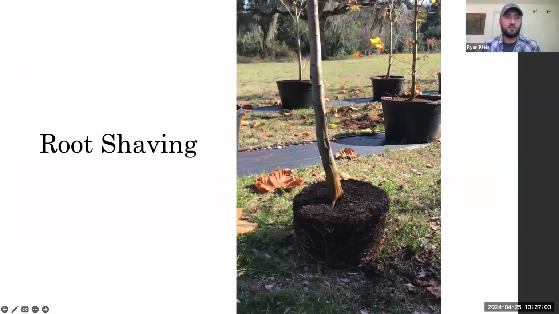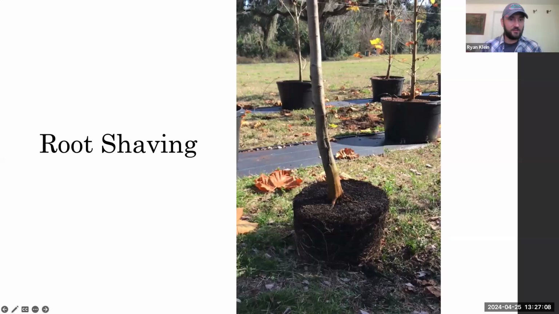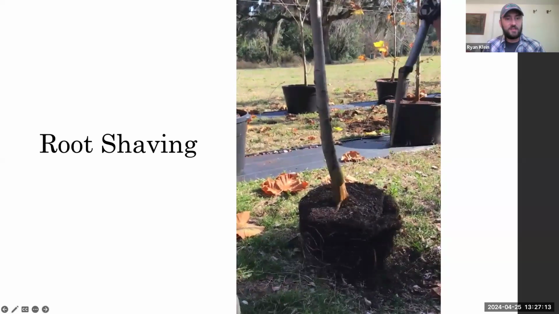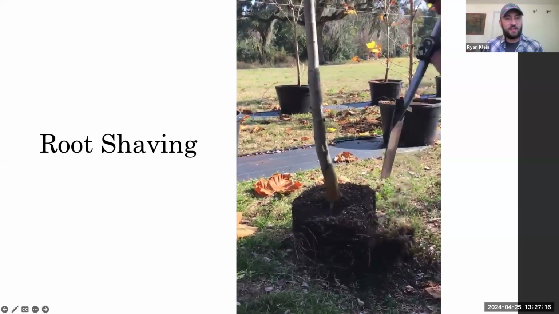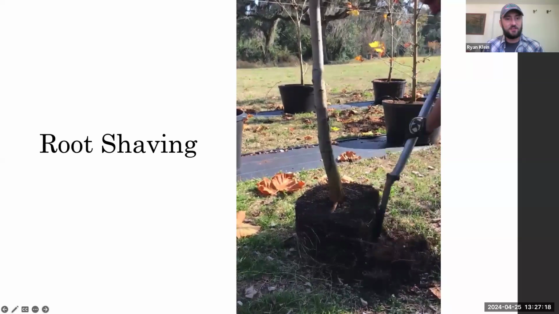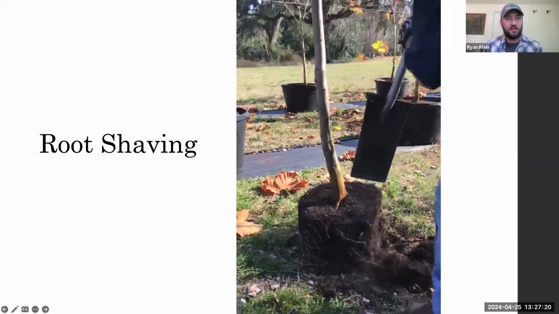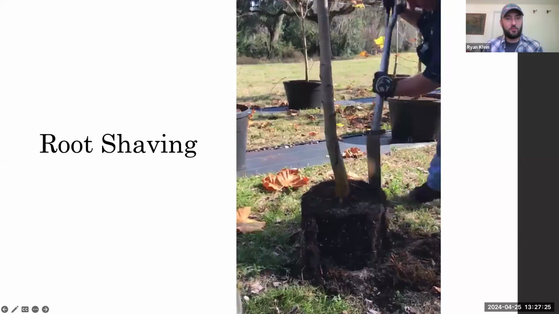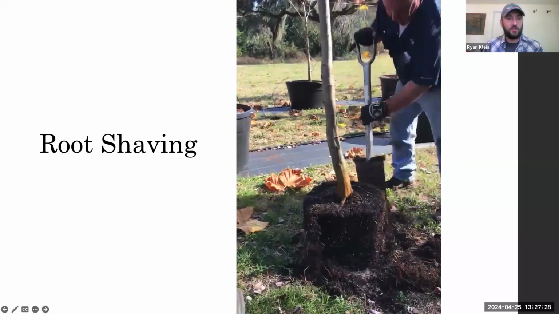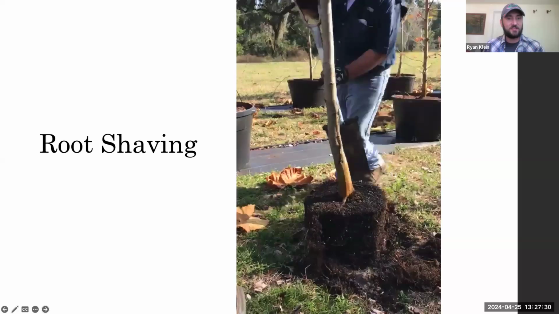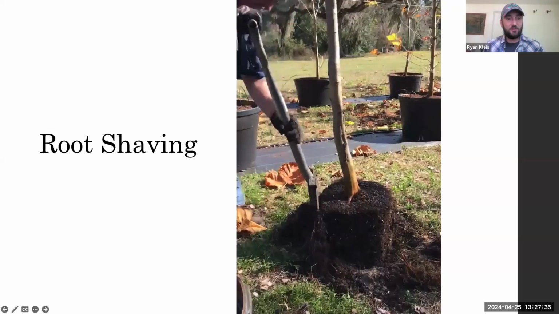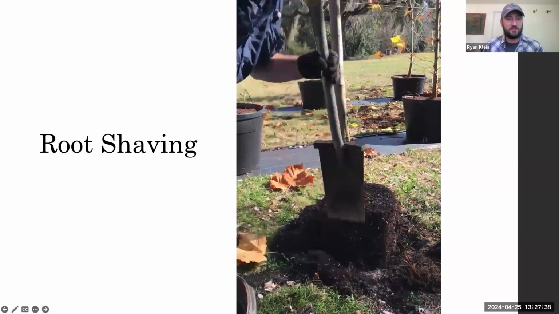So if you're not familiar with shaving, if the video works here, you'll see what that looks like real quick. There we go. So you'll cut a couple inches on the exterior. And again, you're trying to get those defects when they hit the side of the container and start circling, but you're cutting back far enough to where you're getting a part of the root that's growing out straight at that point. And you'll do this all the way around the root ball, and then you will flip it over on its side, and then you'll get the bottom, because a lot of times you'll have roots that'll deflect and go down. So then you're also getting those as they're kind of circling around the bottom there.